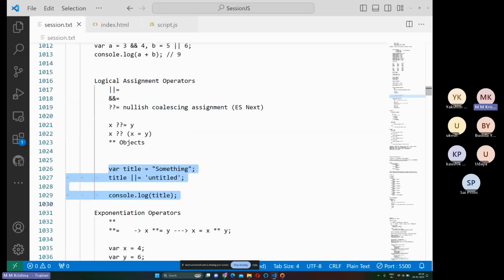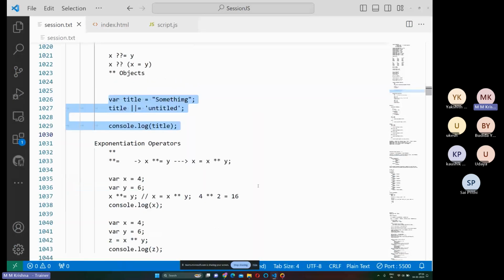Likewise, we'll be using the logical assignment operators. In that scenario, we'll be having all this. Okay. And likewise, we have the